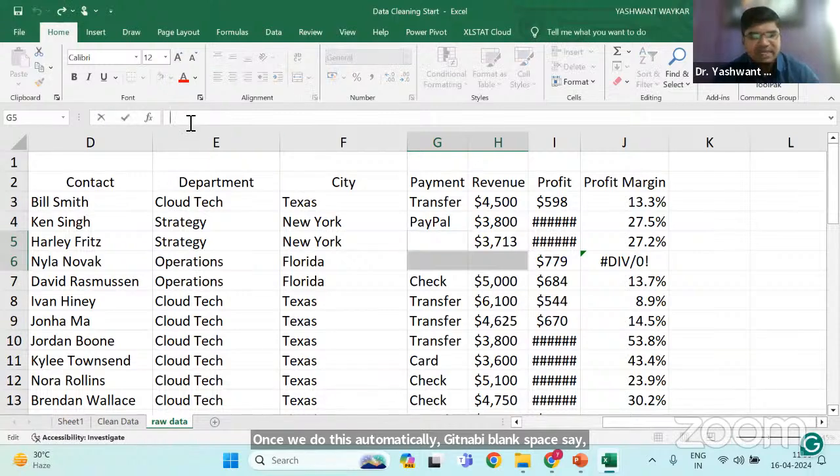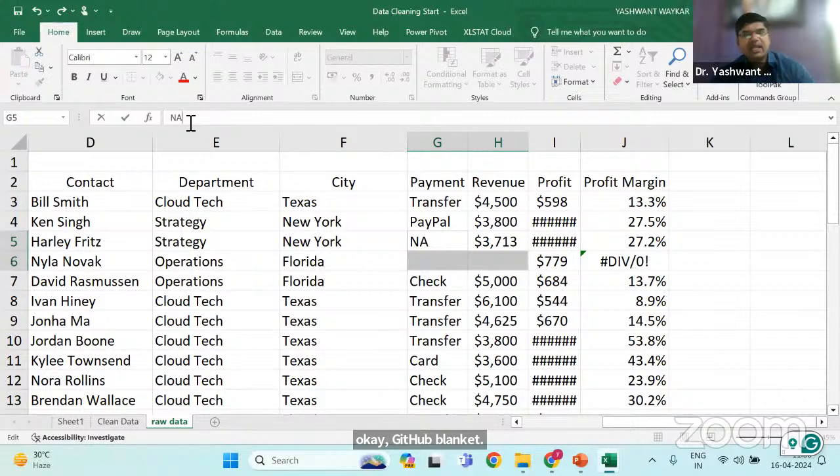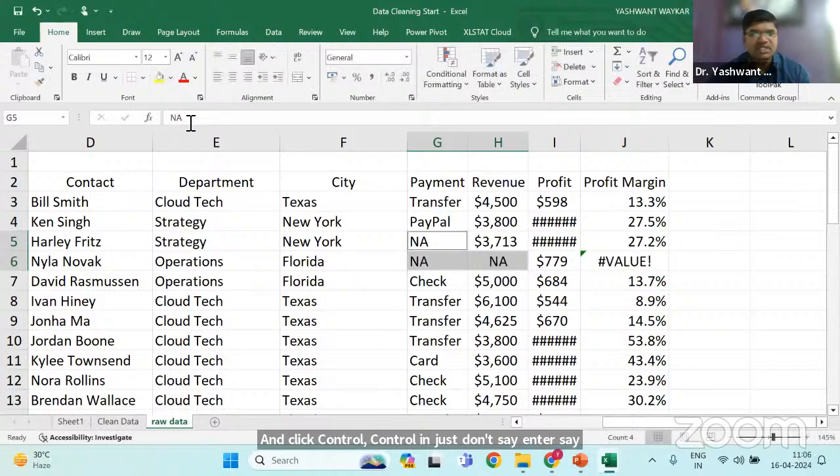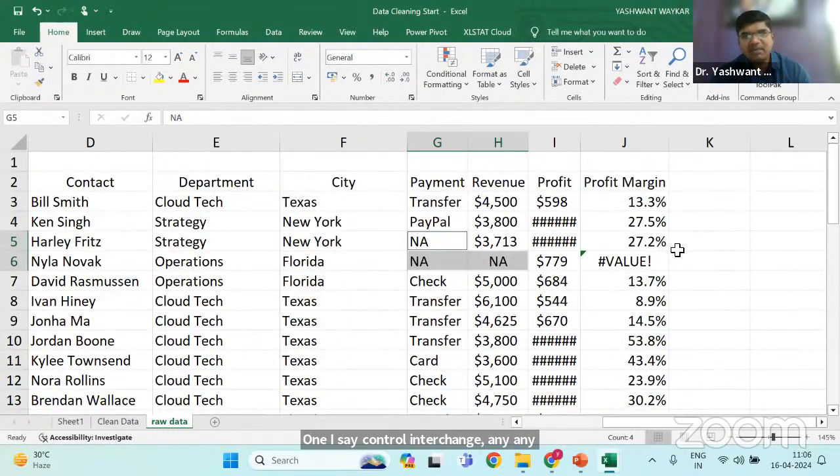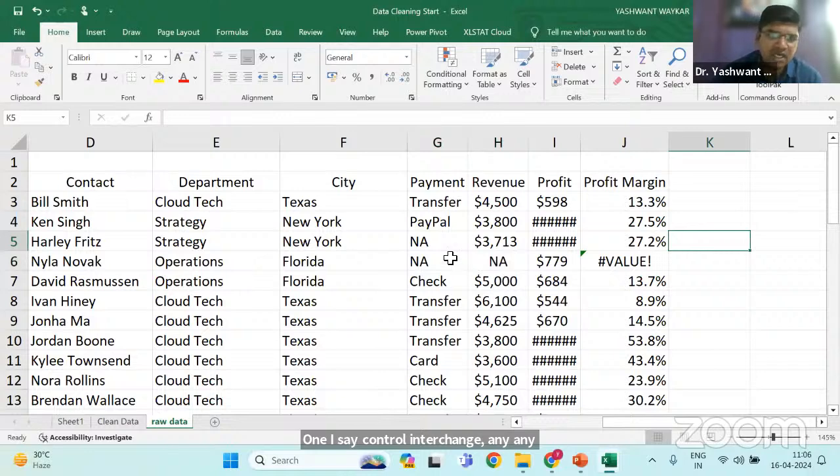एंड इन ऑल द ब्लैंक स्पेस आई नीड टू इंटर एन ए, मुझे एन ए इंटर करना है। आपको कुछ ब्लैंक स्पेस रखना है, ब्लैंक रखिए, कुछ और डालना है वो डालिए, जो भी डालना है वो यहाँ पे लिखिए। एंड क्लिक कंट्रोल इंटर, just don't say enter, say control enter. Once I say control enter, check, NA, जितने भी होंगे सब जगह पे क्या आएगा, नॉट एप्लीकेबल।